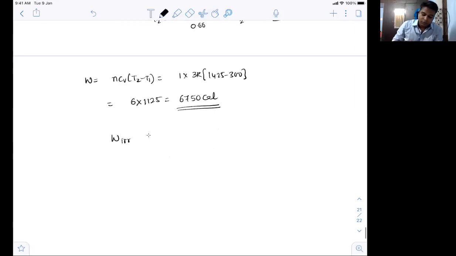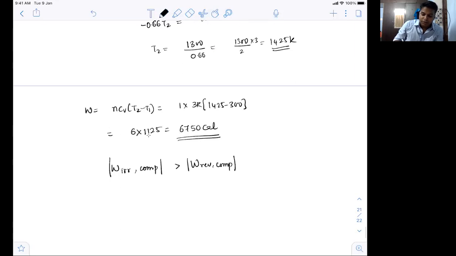So work done irreversible adiabatic. We always have learned that work done in irreversible compression will always be greater than work done in reversible compression. और ये फिर से प्रूव हो रहा है यहाँ पे क्वेश्चन में that irreversible work ज़्यादा होगा compared to that of reversible work if it is compression. If it is expansion, the question would be other way around. ठीक है बेटा, ये पॉइंट समझा सबको?